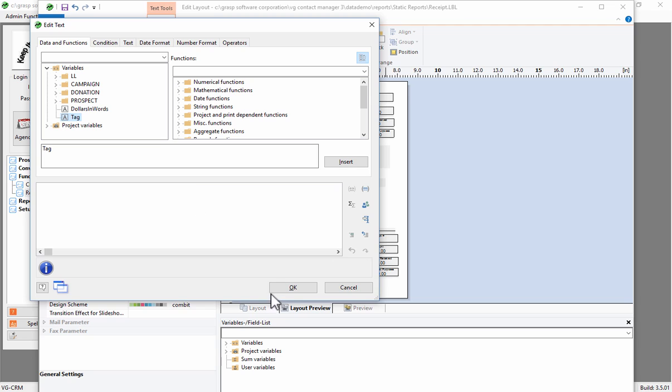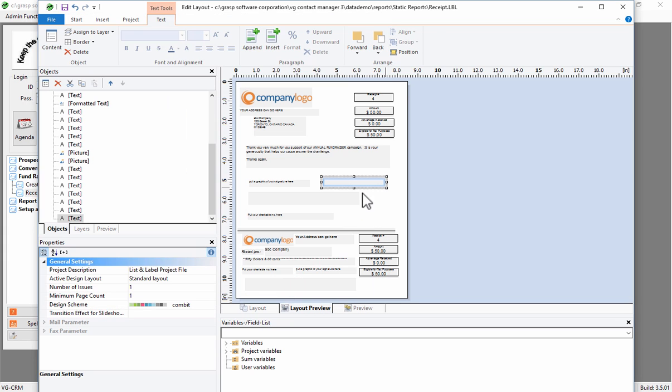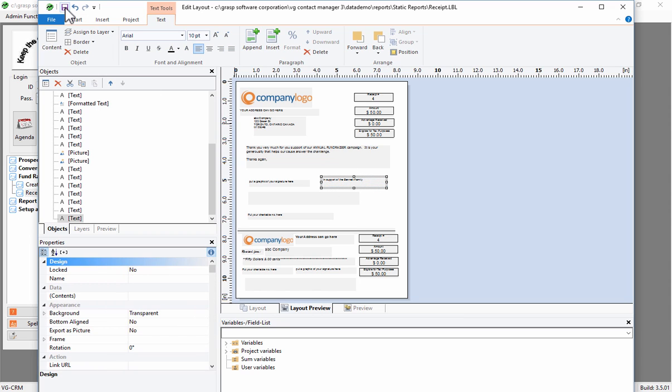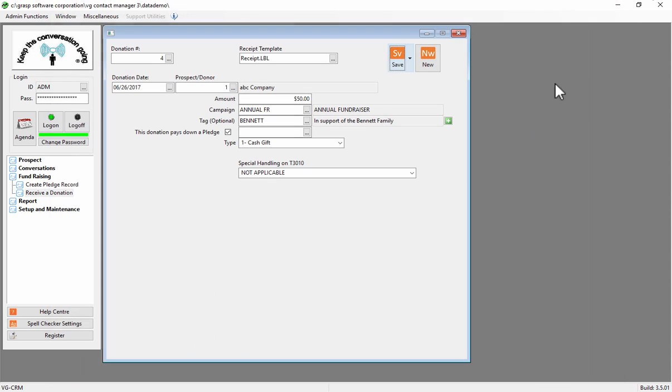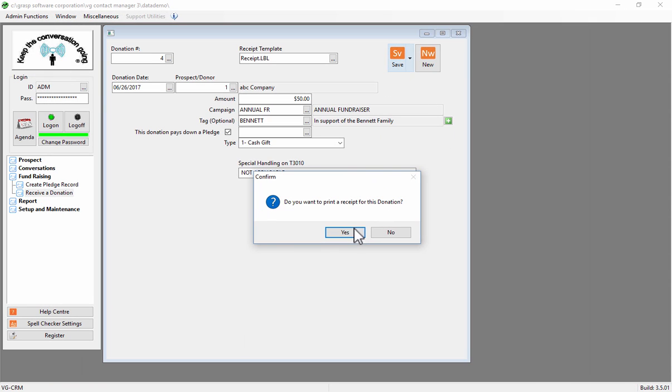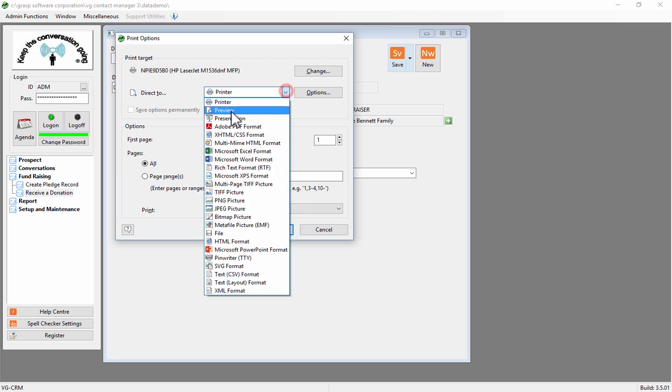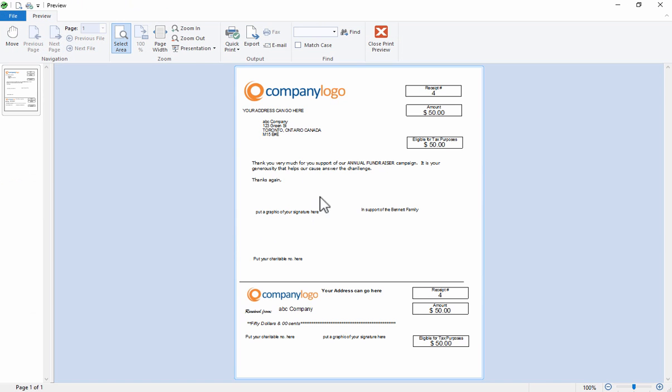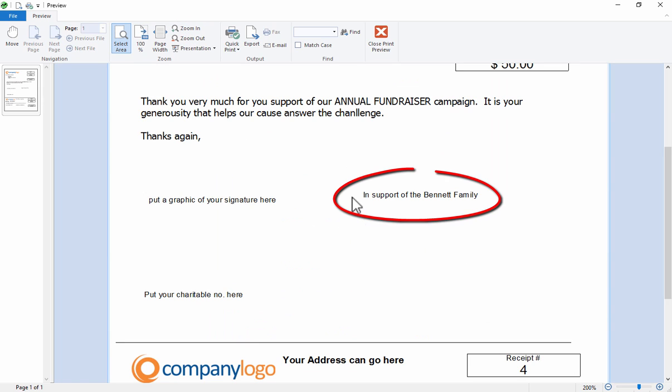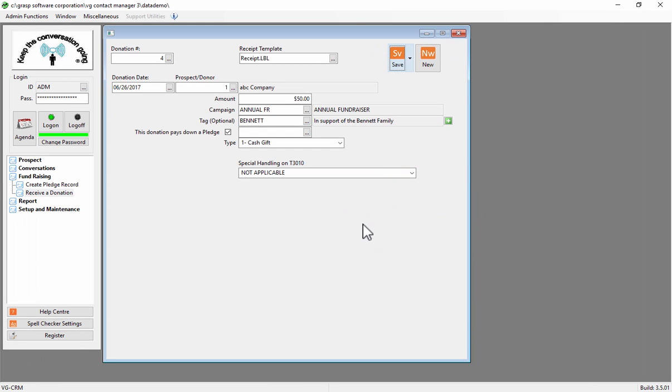So if you want to add that to your designs, you can do that. It's under variable, and it's called tag. And if I double click on it so it shows up here, click OK, that will print in this section right here. I'm going to save that, close that, and if I reprint that again, you'll see that it shows up right here where I put that to be printed. Okay, so that's assigning a tag to a donation, and that's going to take me to the next part of the program